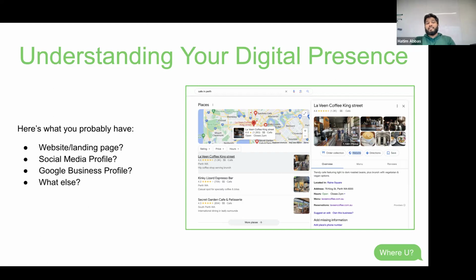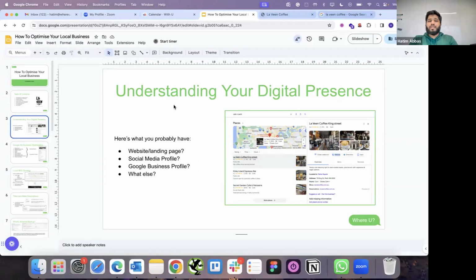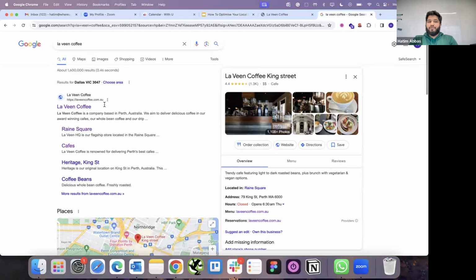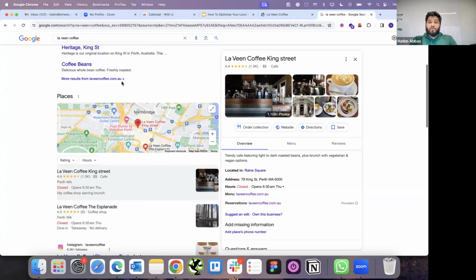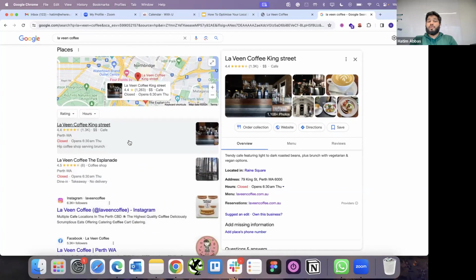But what are other things that you can have? Is there a local community that you're maybe catering to? Perhaps even multiple franchises. So let's actually look at an example. Levine Coffee is the example we're talking about. Although when I search Levine Coffee, I'm getting the first result as a website, their entire website, and they've got a ton of reviews as well. But they've got two different Google business locations because they serve two different locations.